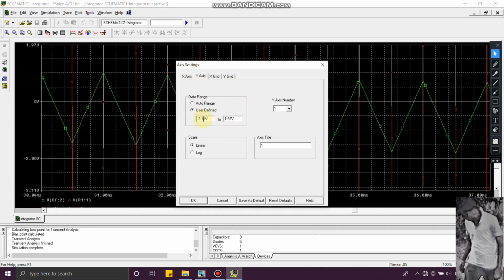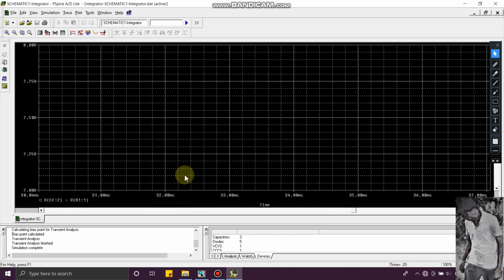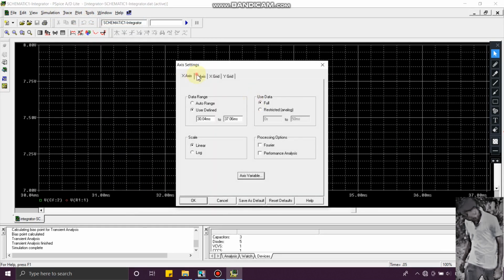The setting would give you -7 to 7. Just go to plot axis setting, axis.